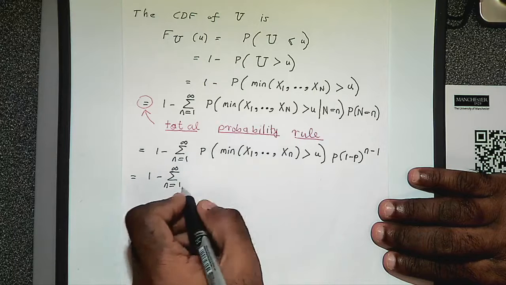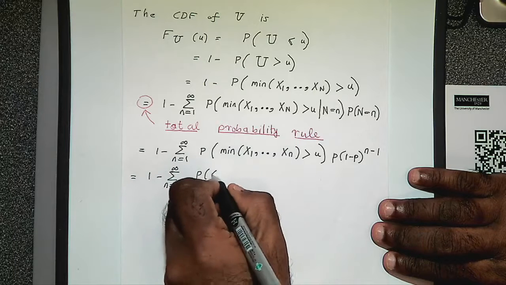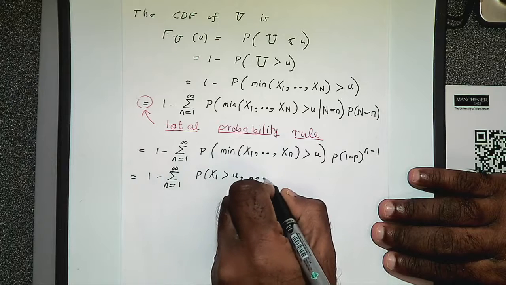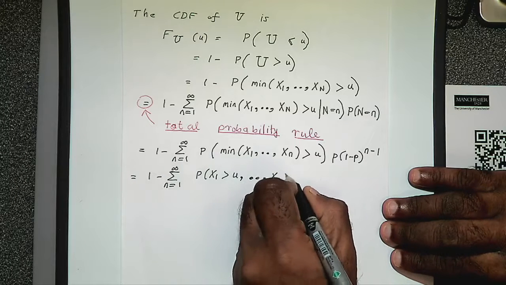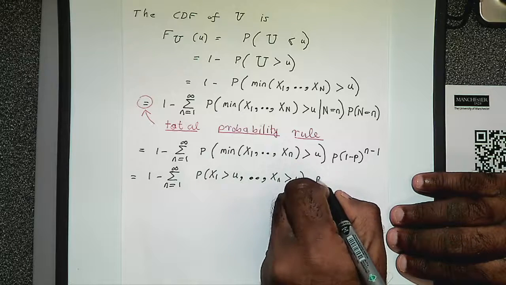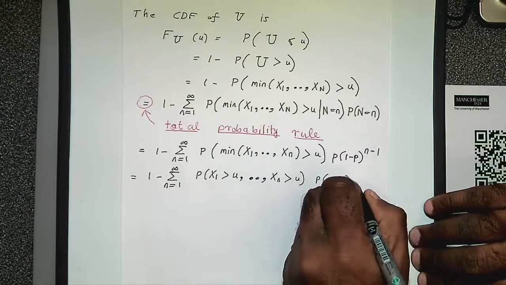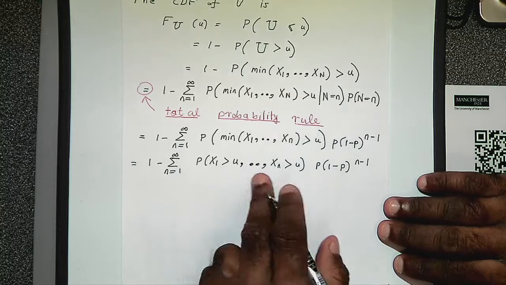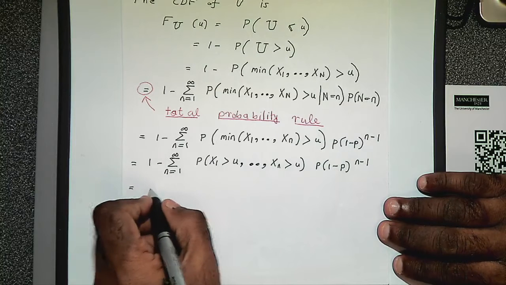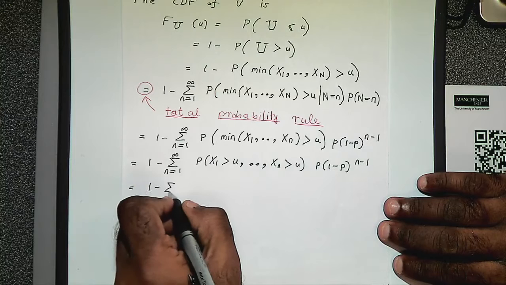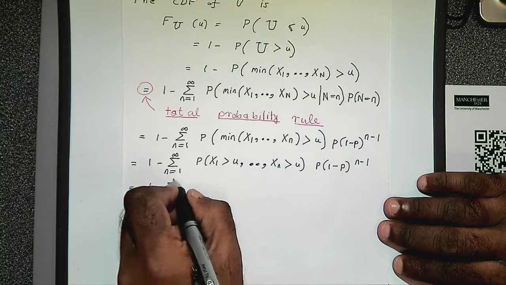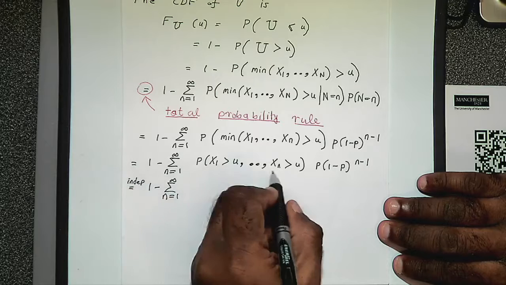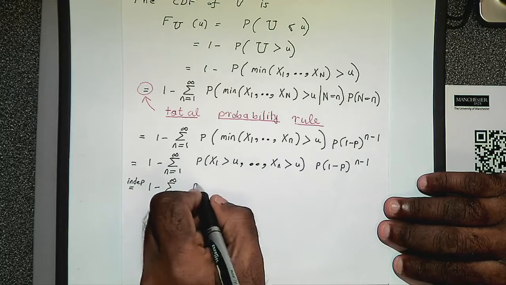This guy you can write as, and this probability, using independence, using the fact that these are independent, you can write it as